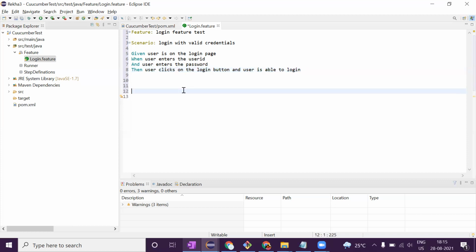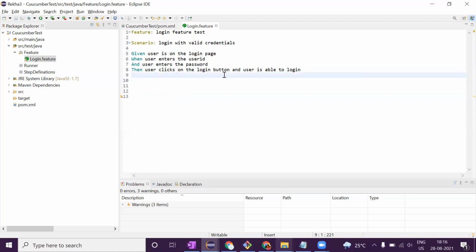Okay, these are the steps Given, When, Then, and I have used these keywords. These are the Gherkin keywords which we are using to write a test case. So this is kind of a manual test case, right? This would be given by your manual tester, or it would come with your requirement. So by reading this I can understand what I am supposed to do exactly, right?